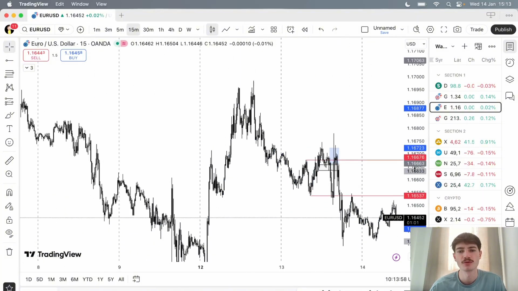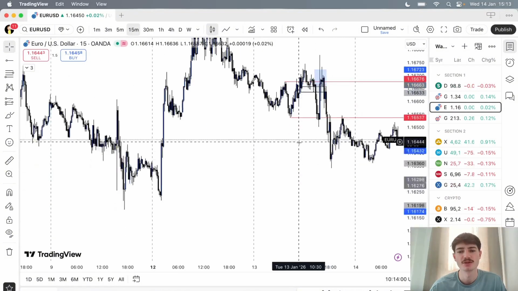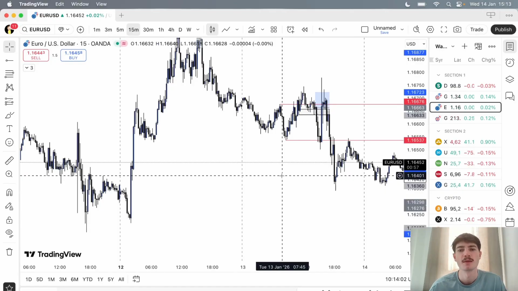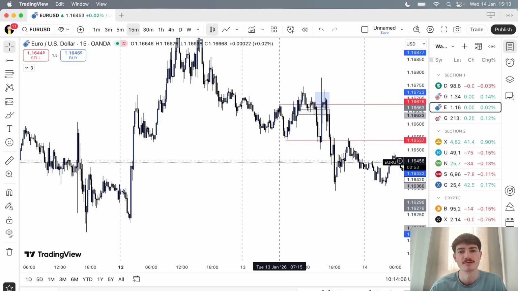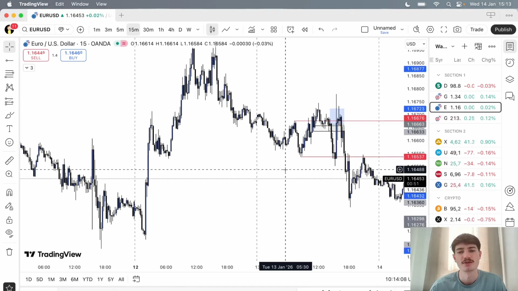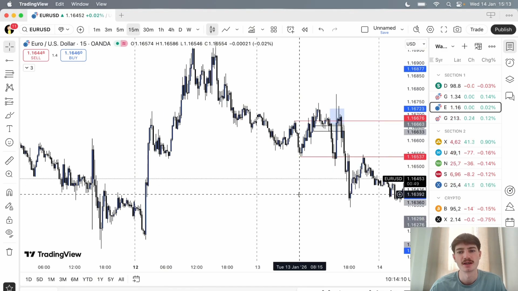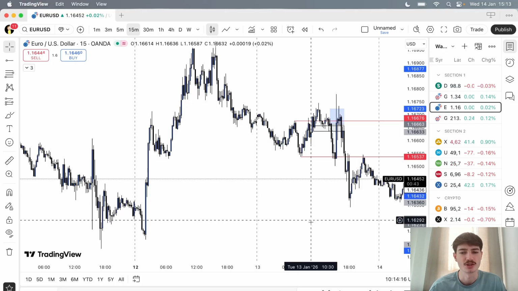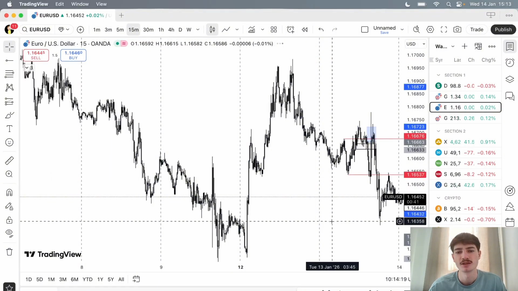Overall, with yesterday being CPI, I was trading with caution, because I don't like trading news. I either trade before a news event or after a news event, if the market has developed better structure. But looking at it logically,